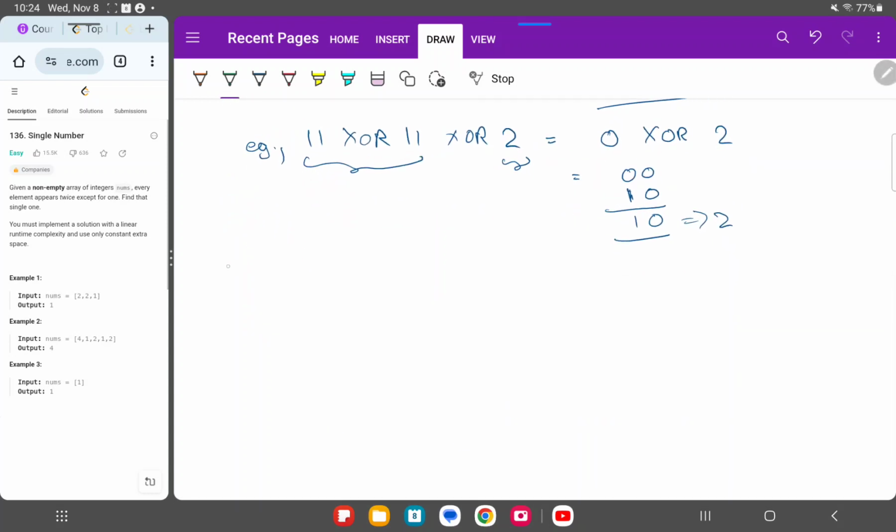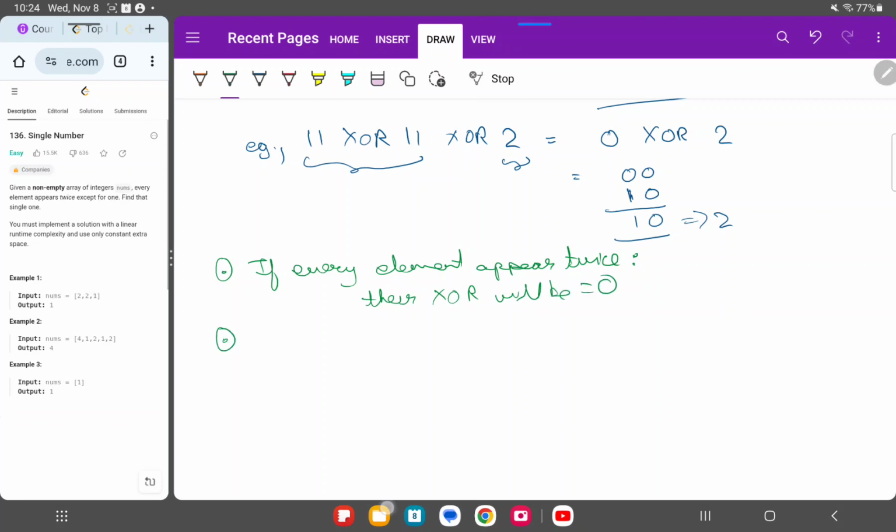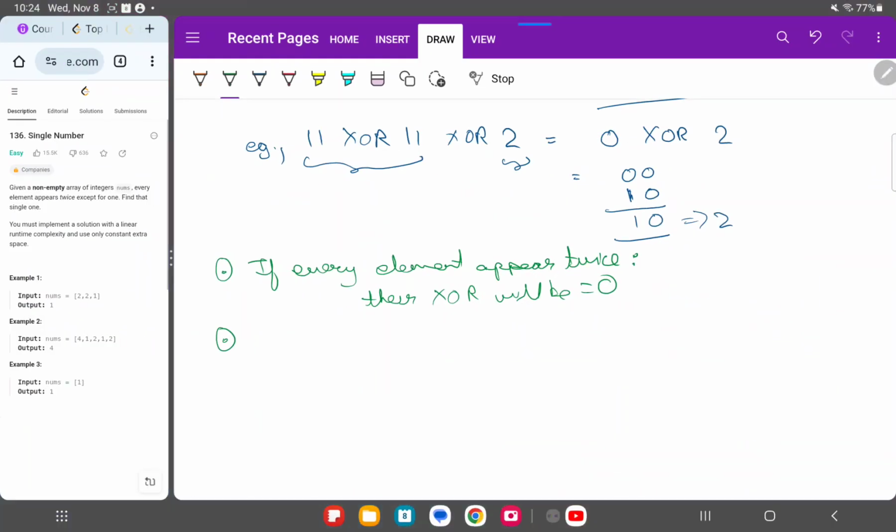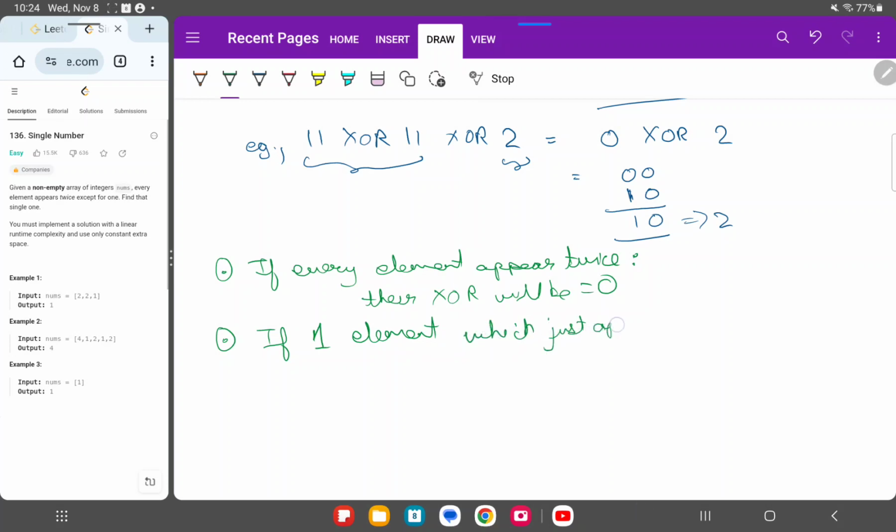So the idea that we're going to use is something like this. If every element appears twice, then XOR will be 0, right? Just as we showed above. Sorry, my bad. But if there's one element which just appears once,